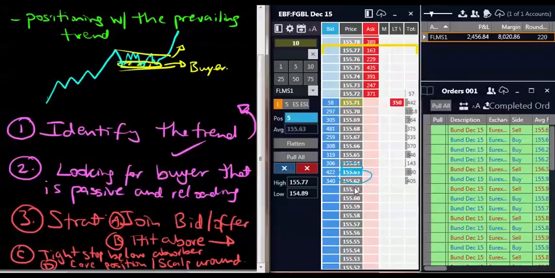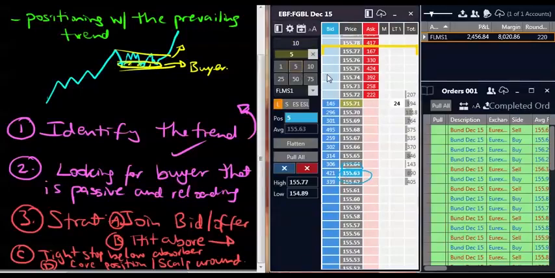But effectively, you could build a core position, scalp around it every time it comes to you, and then keep that core position to run it, until the end of the day or over the next 2-3 hours, or until you see the potential exhaustion in the market that you're looking for to get out. So that's basically a trend following price action dynamic that you can pay attention to, and it's really quite profitable if you can understand this